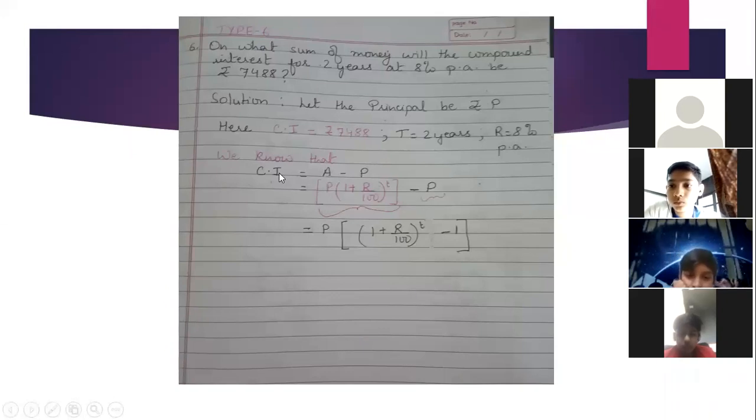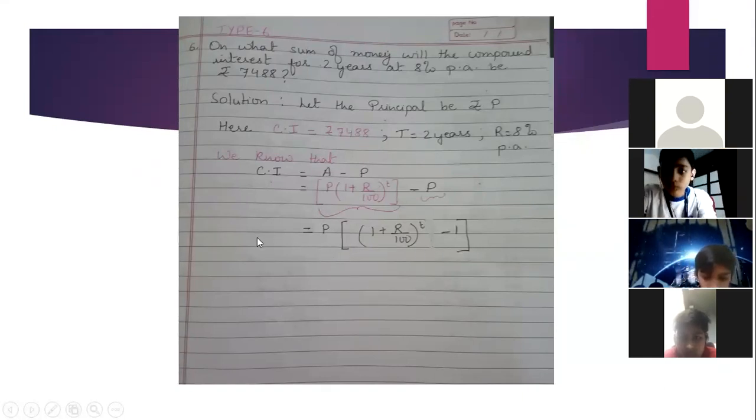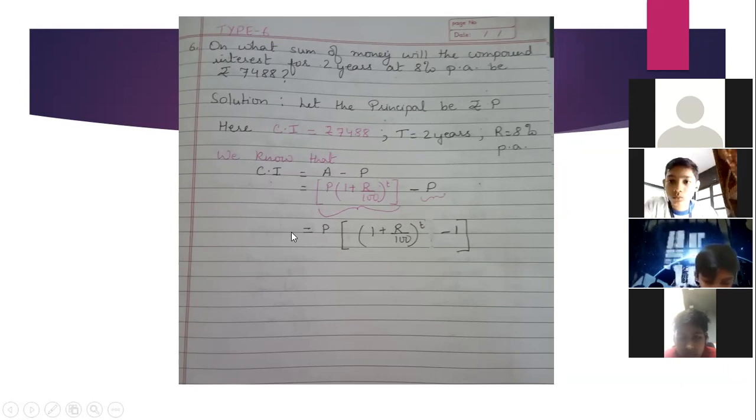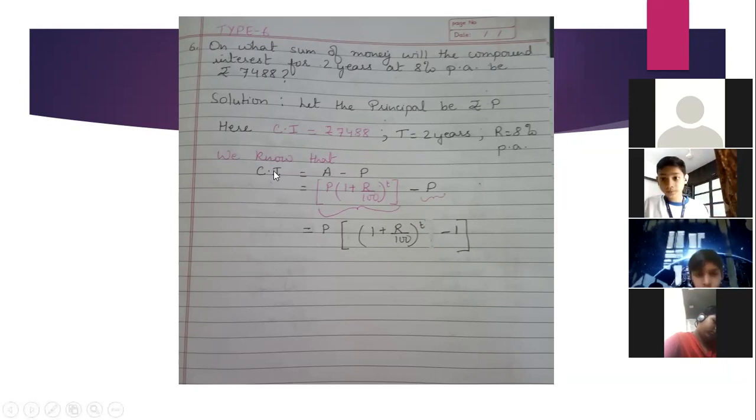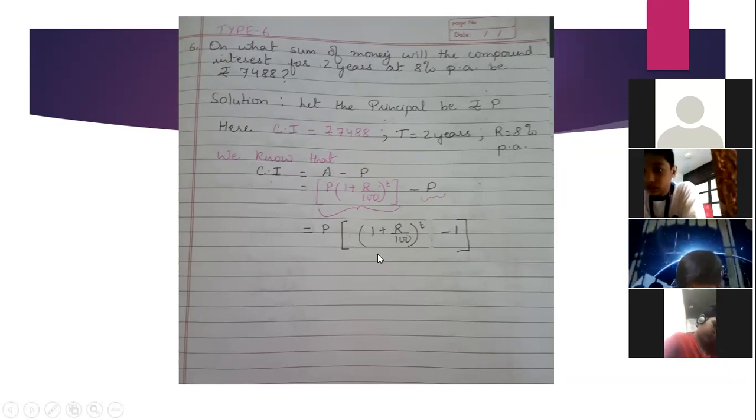These two formulas, compound interest is equal to A minus P, we have done in the starting of the class. In place of A, you write the formula of A and write minus P. This minus P will be copied. Now this is one term and this is the second term. From both the terms, I have taken P common and now this is my formula. So this formula is the direct formula of compound interest. You can copy this formula and try doing this question on your own. This I will give you in the worksheet. For the time being, you write, we know that, and copy these steps. Try to understand. The question will come to you as a worksheet question.